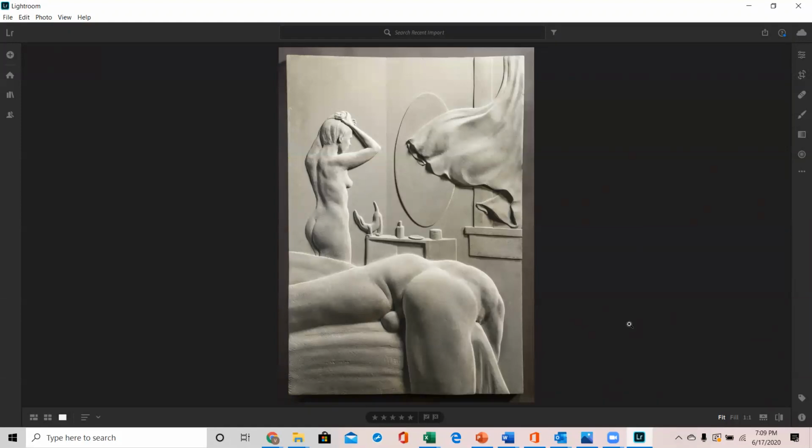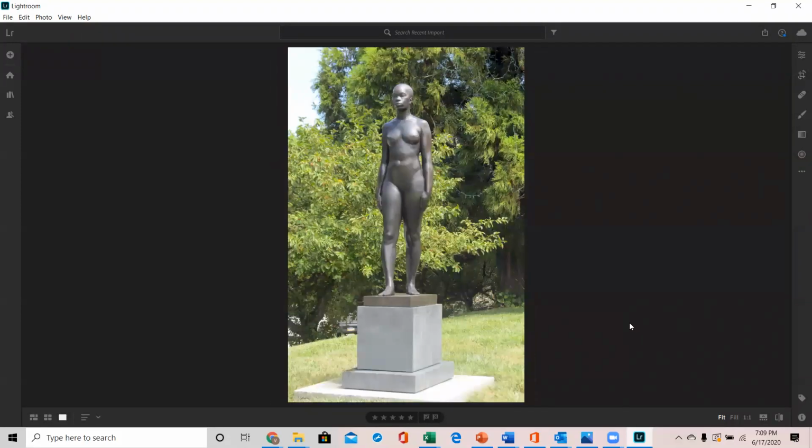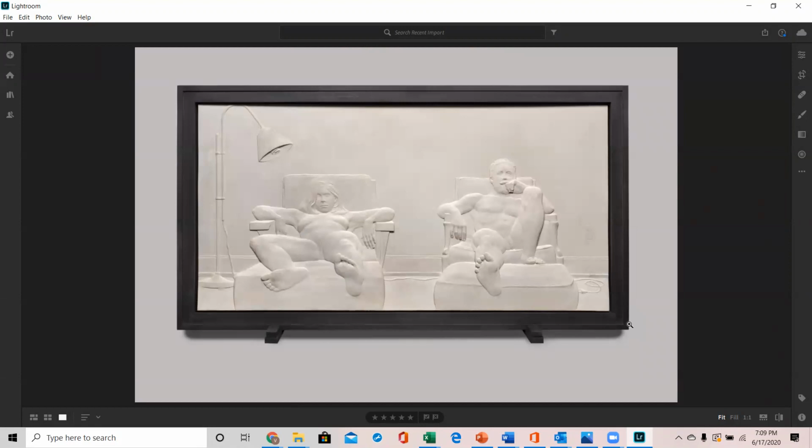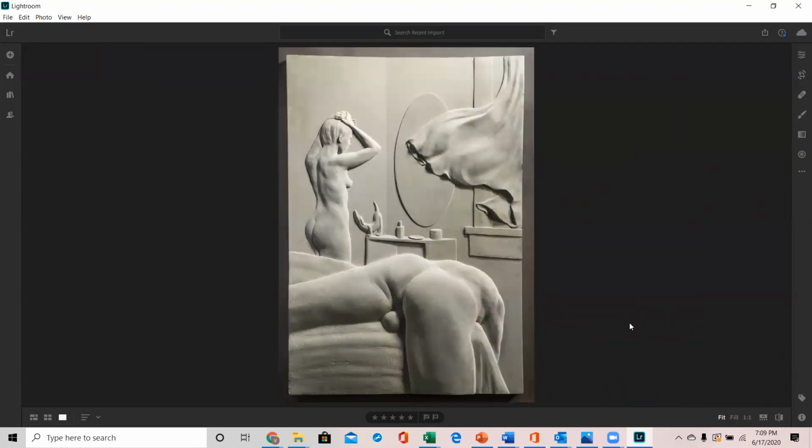But these to me are really different than a sculpture like this, in the sense that they tend to have so much more narrative about them, and then that relationship between the two figures that seem to be in a kind of heterosexual relationship in a very private setting of bedroom or living room. And there's a lot of tension in them and a lot of intrigue. Can you talk a little bit about the work, what inspired you to do these, and what do you see as their